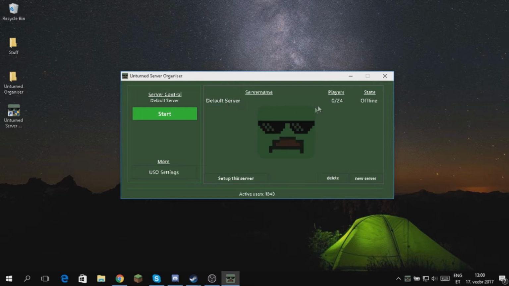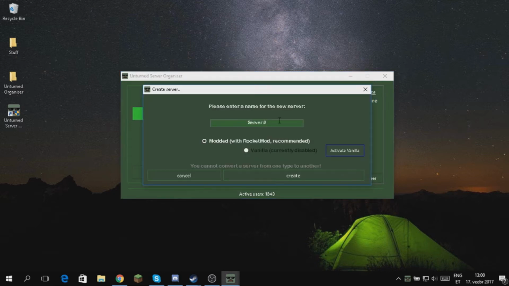So you see that there will be a default server. If you want to use this, you can use it, but I'm gonna set up a new server. You can put any name here. I'm gonna put tutorial. Then you can choose modded or vanilla, but I don't know why you cannot choose vanilla.